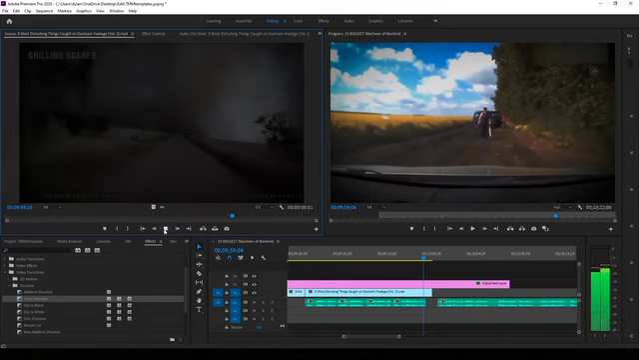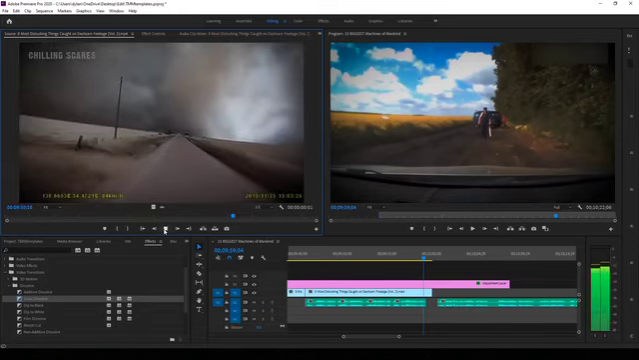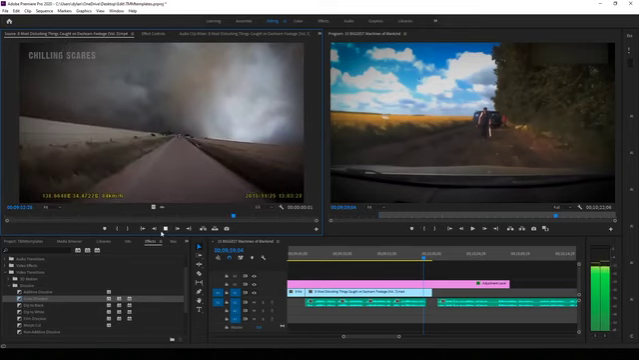In late November of 2015, a large catastrophic bushfire broke out in South Australia. This dashcam footage was captured by one of the fire trucks responding